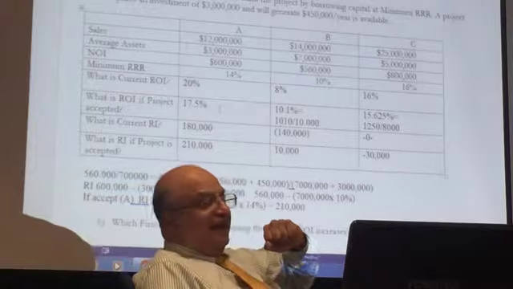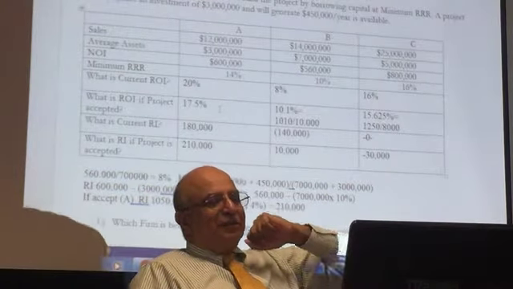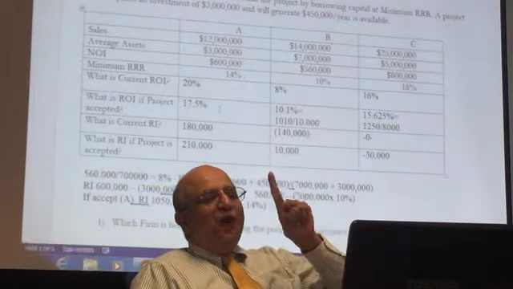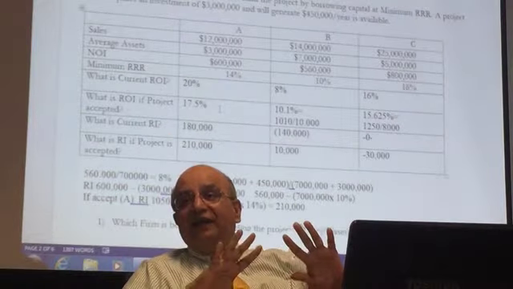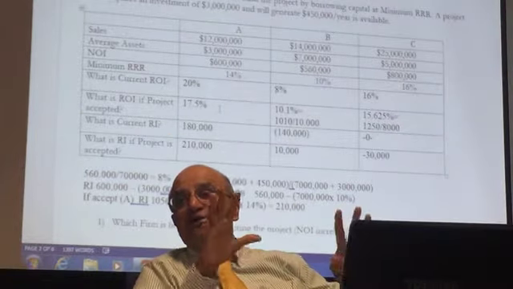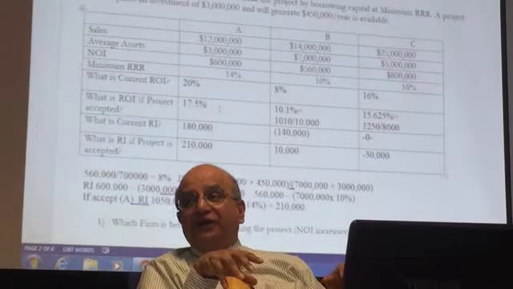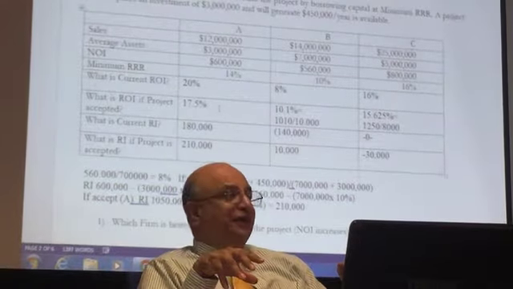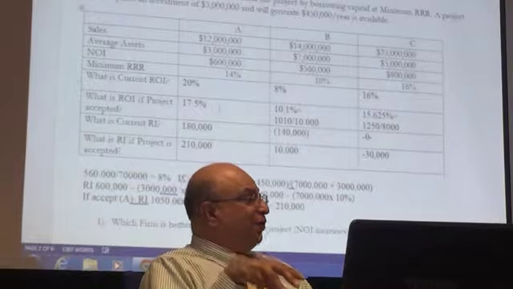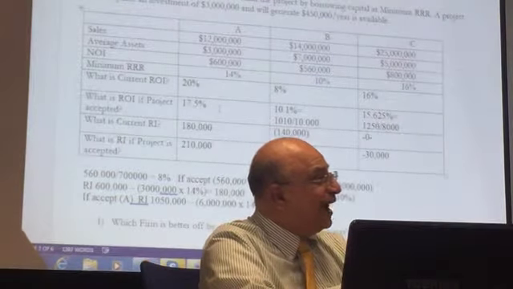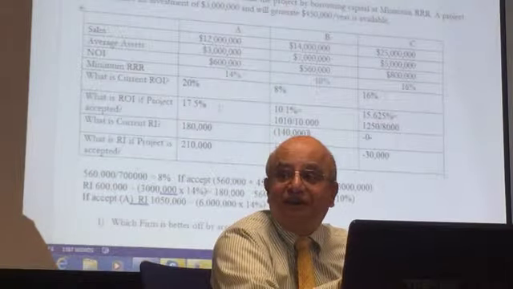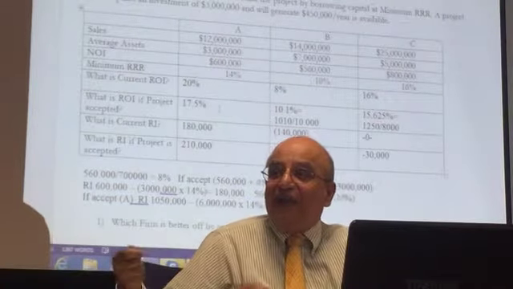Maybe it's not so obvious, but the point about this is if there's only one project in all the world, and the manager has to decide whether to take that project or not, then RI will always win. But if you want the manager to go out and find the best project, that's when ROI becomes better. You see what I mean? They're going to look for a high ROI project.